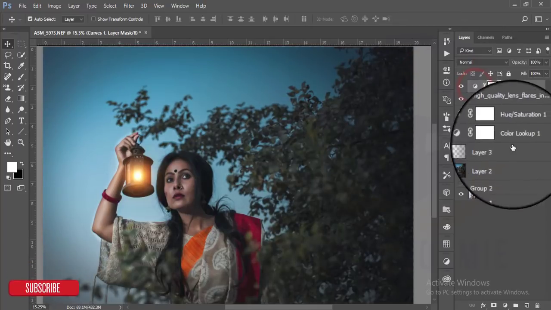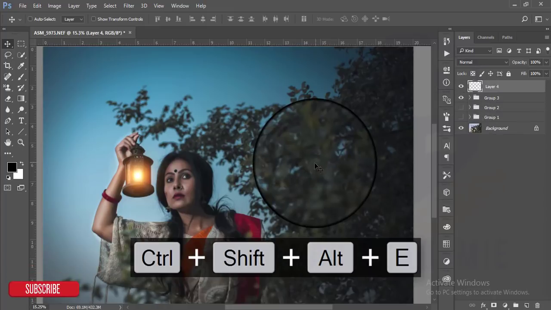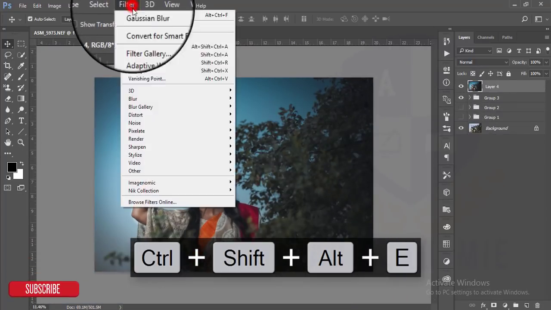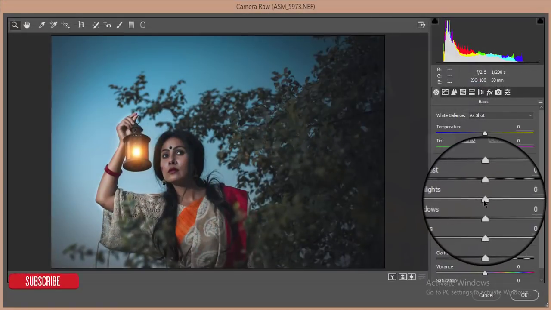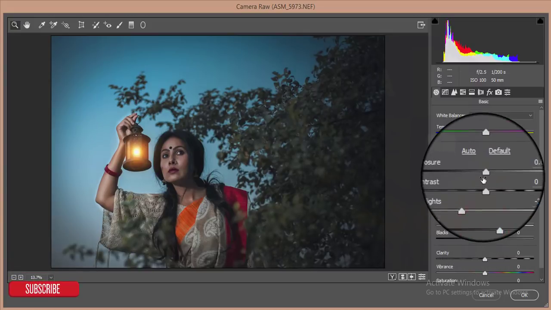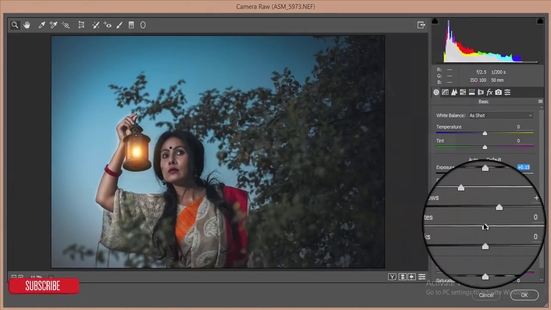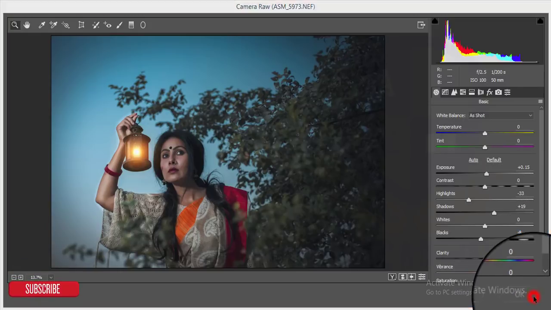Okay, and make copy of all the layers and make it a group. To that, go to the filter, camera raw filter, and I have to reduce some highlight and add some shadows, add some exposure and blackish also. Okay, hit OK,